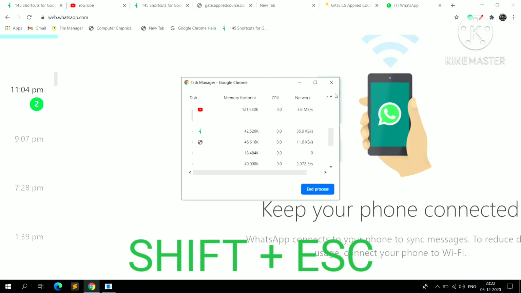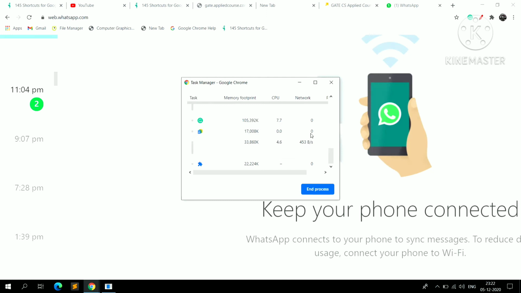You can see here what is running on your computer. I think for anyone studying operating systems and computer organization, this key is very important. There you can see that in my browser WhatsApp is running